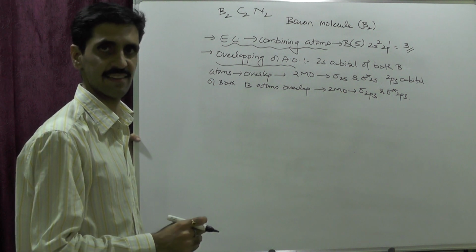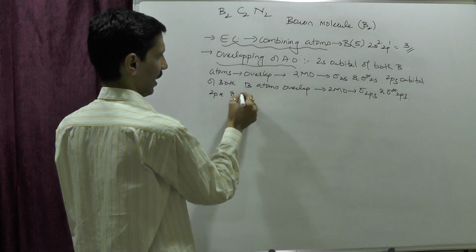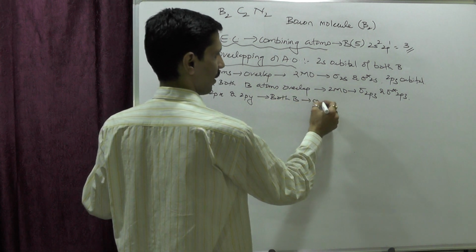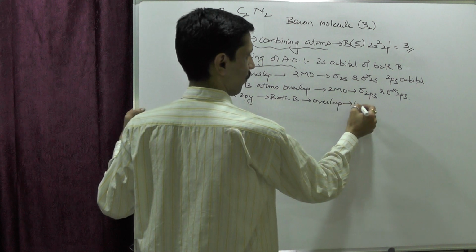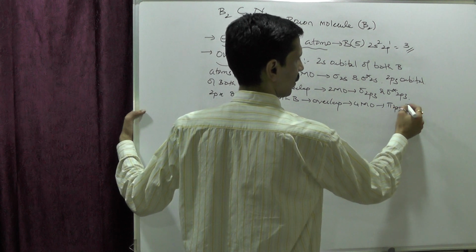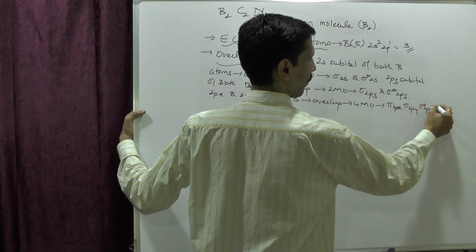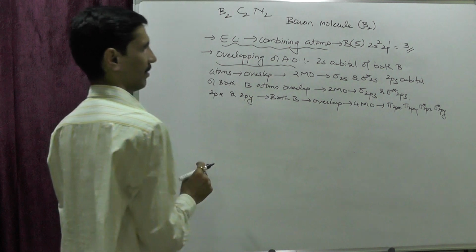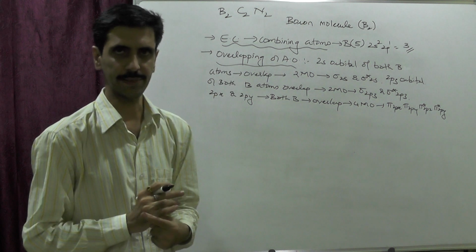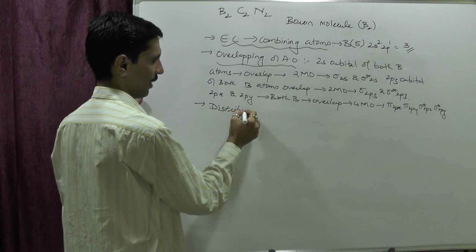Z is the bonding axis, so it will result in sigma bonding. And then the last one we talk about is 2px and 2py of both boron overlap, and that will result in 4 molecular orbitals, and that will be pi 2px, pi 2py, pi star 2px and pi star 2py. Okay, this is the way the orbitals are being formed, bonding as well as antibonding. We are now going to the next point, that is point number 3, distribution of electrons